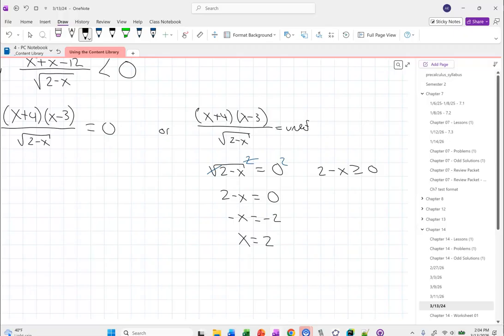So far so good? Now let's do the inequality. What do I do there? Subtract 2. Then what? Divide by -1. Flip the inequality. Good job, Emma. So we have to remember that when you divide or multiply both sides of an inequality by a negative, you flip the inequality symbol.